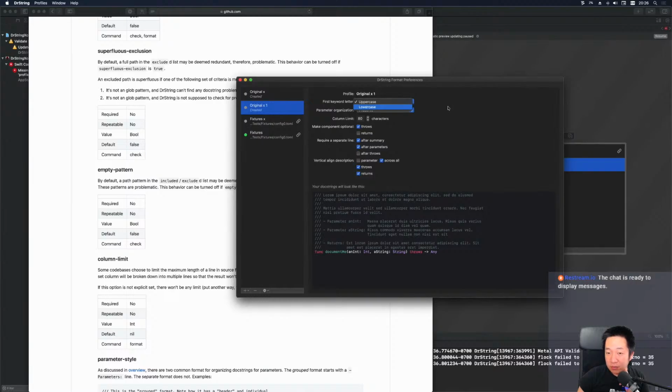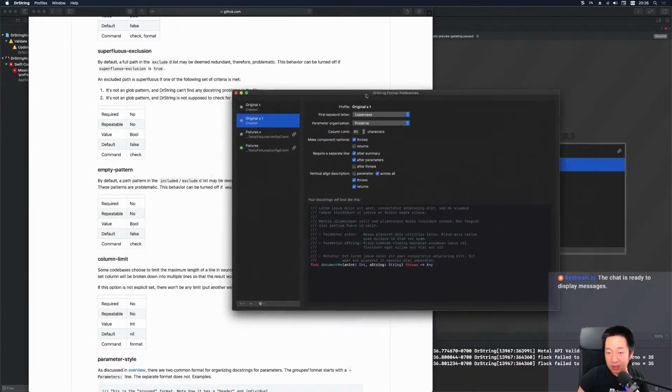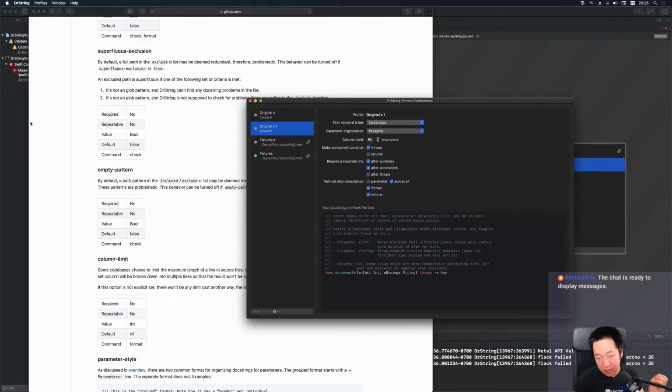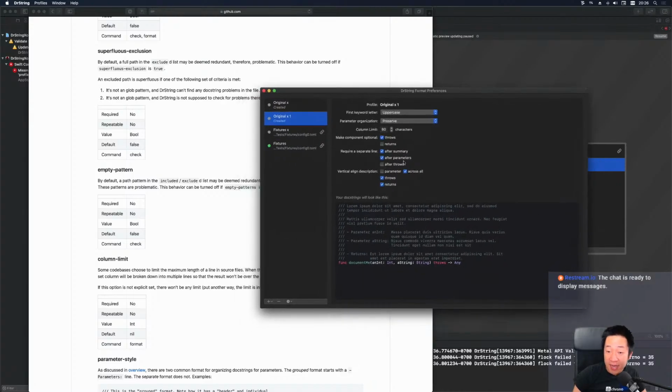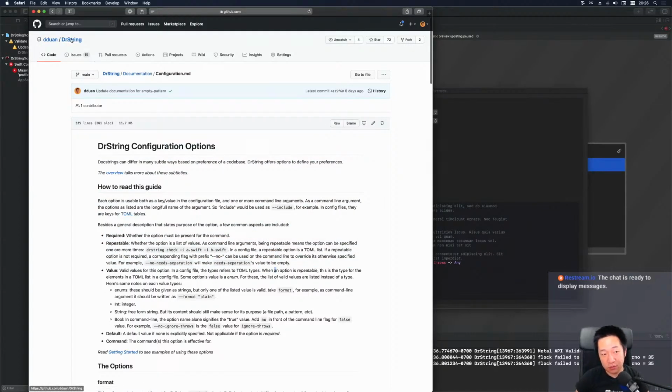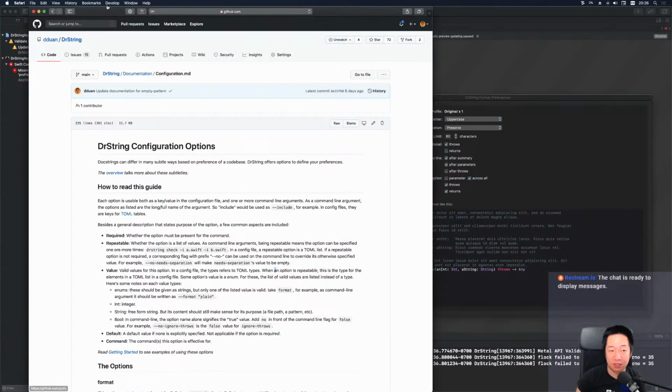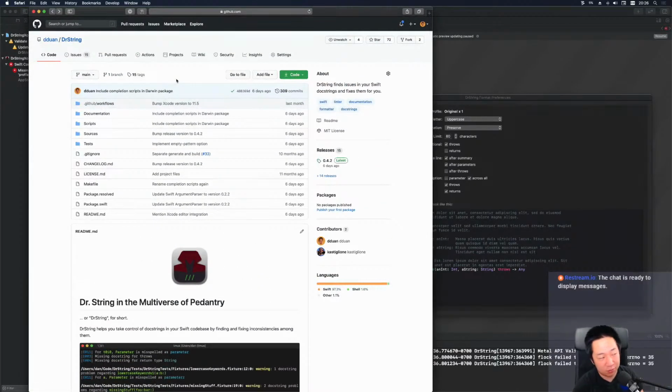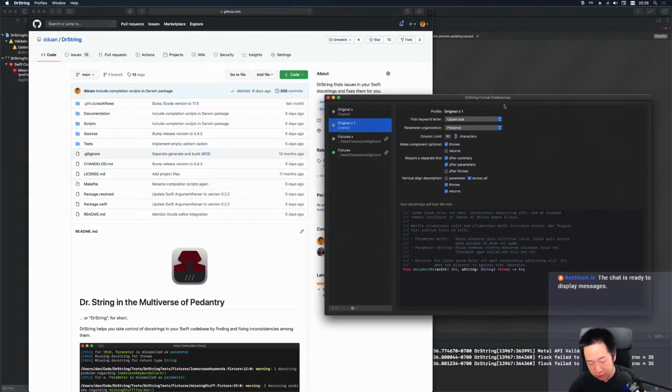So this could be one reason you use this app at all: not to use the Xcode source editor plugin, but just use it as a starting point for generating a configuration file for using this tool. I guess the majority of this tool's functionality is linting, but it also has all the functionality this app does, but as a command line tool, right? So if you really like to type or create some shell aliases, you can do everything this app does with this. In fact, I've built Vim plugins that just call into the command line here, so you can format your Swift doc strings in Vim that way. Anyways,